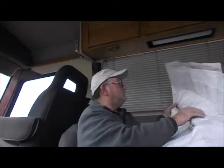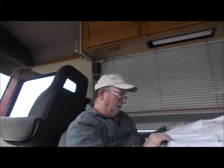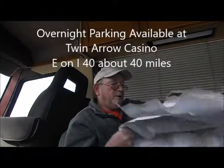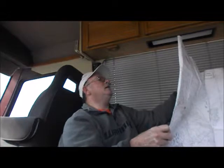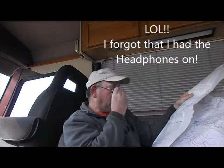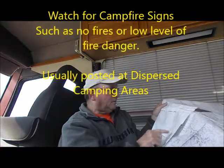So anyway, just for instance, I had this out the other day, and Flagstaff, Arizona is on here. If you ever get to Flagstaff, Arizona, which is one of my favorite places, I love going up there and staying in Walmart. When I get tired of staying in Walmart, I go up and I stay in dispersed camping in the forest. Now, this has Flagstaff on it, and it also has Munds Park and the mountain areas, and there's a Munds Park insert on here with the fire roads, and it shows these little dots, according to the key on this map,